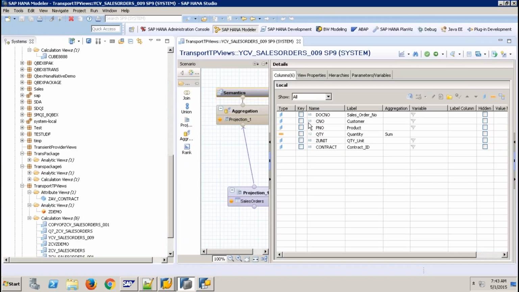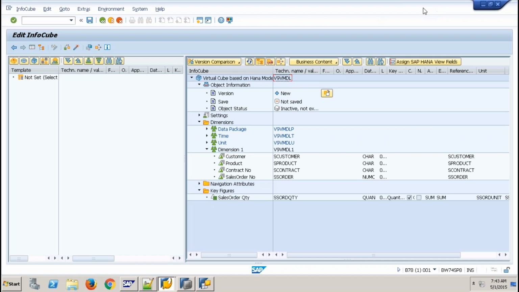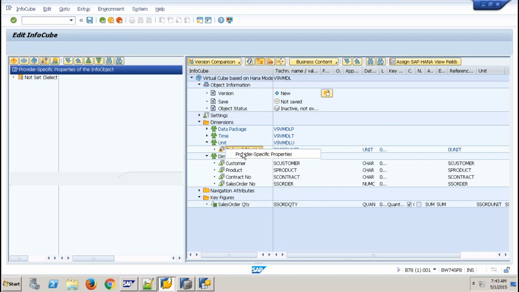In my view, I've got document number, customer, product, quantity, and this contract. For each of these fields, I've created a corresponding InfoObject, and then I've used it here.